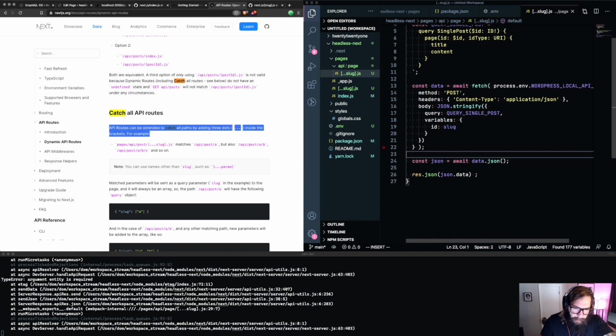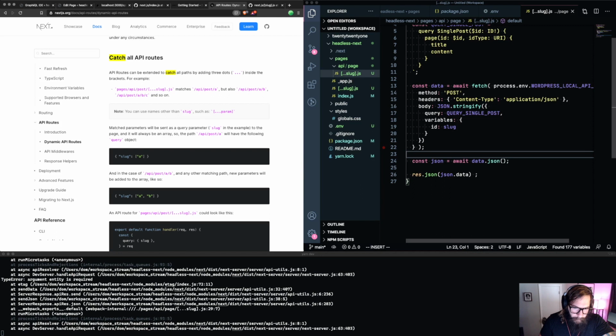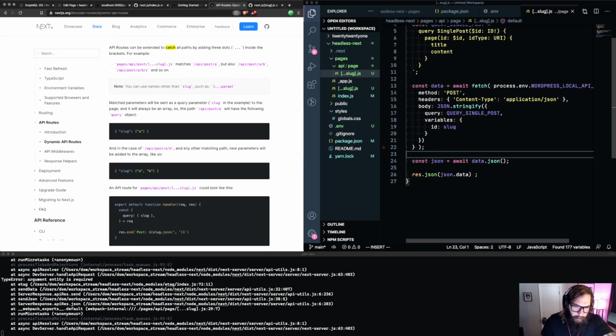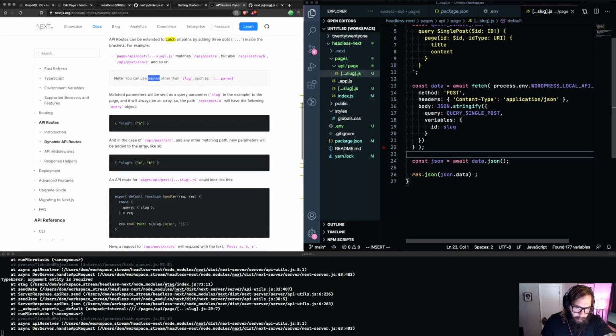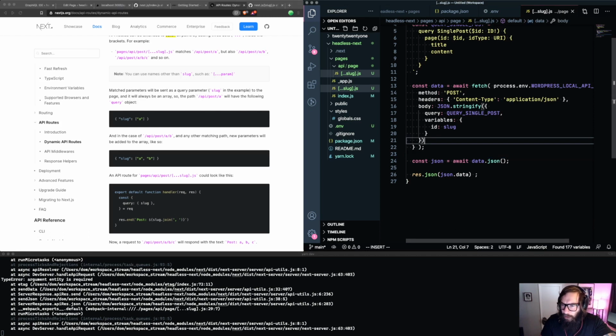API routes can be extended to catch all paths by adding 3 dots inside the brackets. That matches API/post A, but also post A/B, A/B, so on. Now you can use names other than slugs, such as param. Matched parameters will be sent as a query parameter to the page and will always be an array. So the path API post A will have the following query object slug AB. So similarly,